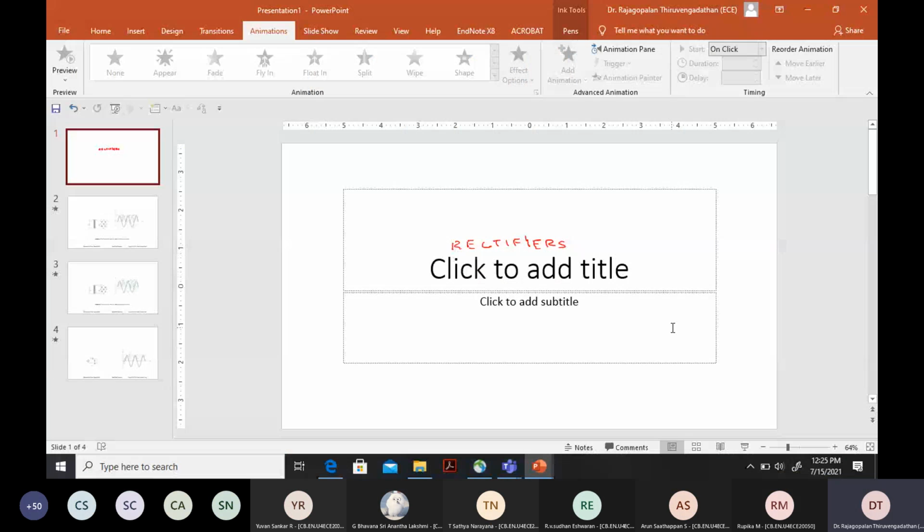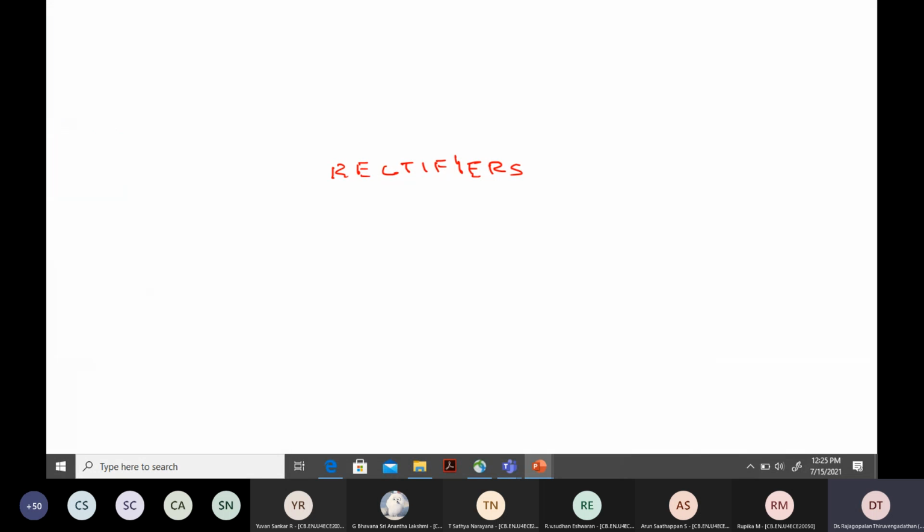So in yesterday's class, what we have seen is the rectifiers, circuits that enable conversion of AC voltage to DC voltage or AC current to DC current with the application of diode. We saw two types of rectifiers. One is the half wave rectifier, as the name clearly sounds. Only one half of the cycle is rectified, which means converted to the DC. We get a pulsating waveform from the rectifier output, from the diode output.